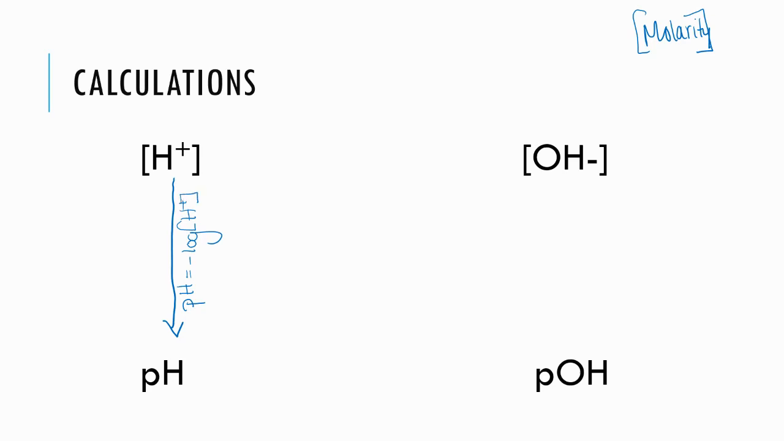Okay, so the negative log of the molarity of the acid, aka the molarity of the H plus, will give you the pH. If you've not really seen logs before, that's okay. All you need to do is find the button on the calculator. If we want to go the other way,